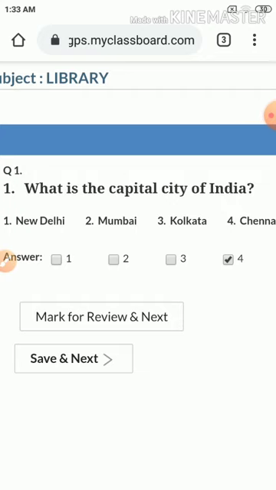Okay, after clicking on the right answer, you have to click the save and next button each and every time. After attempting a question, you have to click on the save and next button.